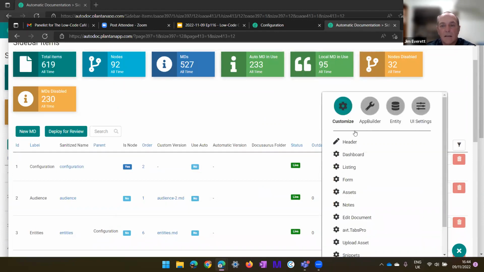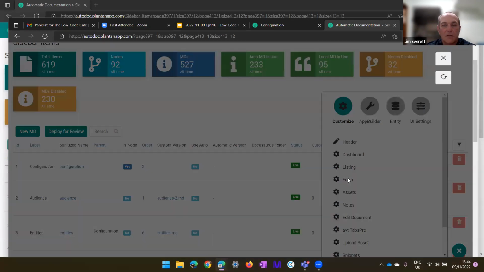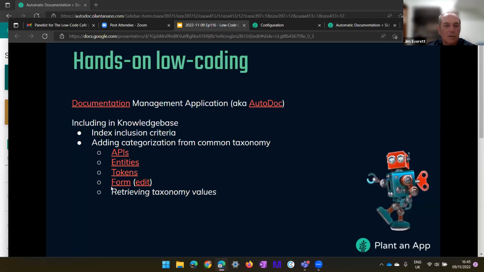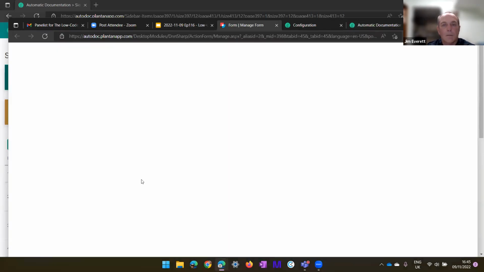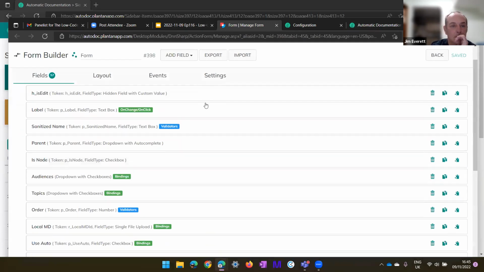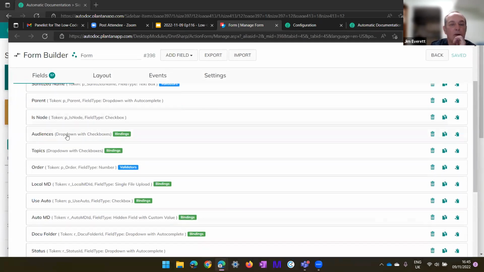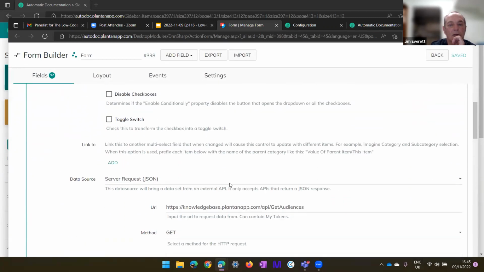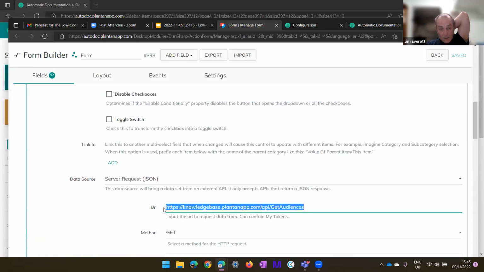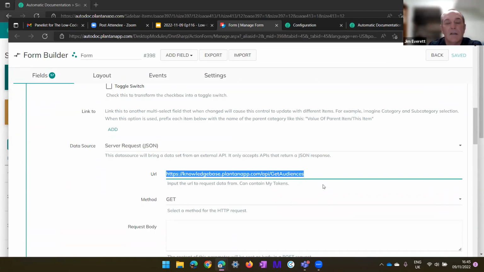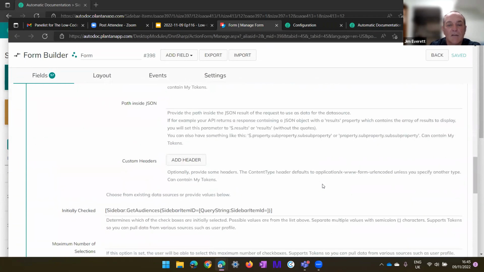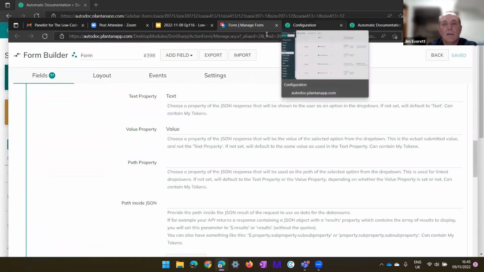So if we look at the form here, where we edit, actually, I think I've got a better link to that. So here we go. We have the audiences list here, and if we look, here is our API that we saw from Knowledge Base, and this pulls out the centrally managed list of audiences, and similarly for the